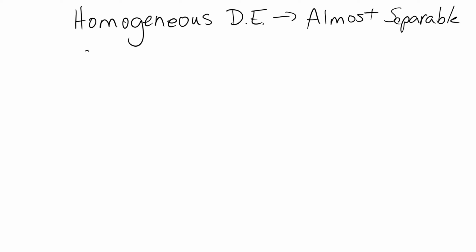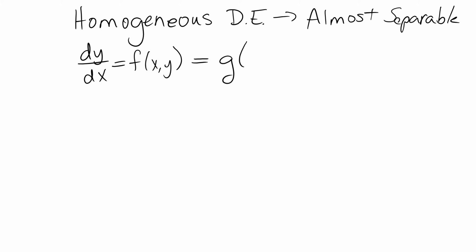So remember, separable differential equations were dy over dx equals some function of x and y, which I could write as q of x or g of x times h of y or p of y or whatever letter you want to use. To be homogeneous, though, I need to be able to write this as a function of y over x. That's the catch. So homogeneous differential equations are going to be a little bit tricky. I have to be able to get my differential equation into a function of y over x. That can sometimes be messy. We'll talk about that as we do examples. If I can get there,